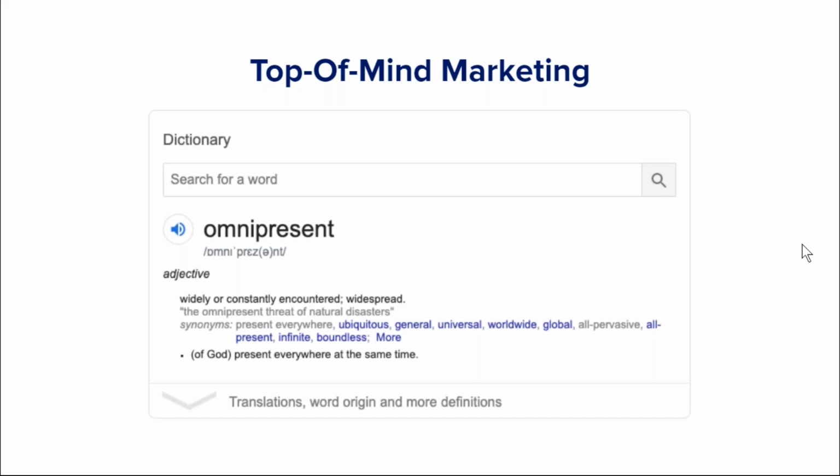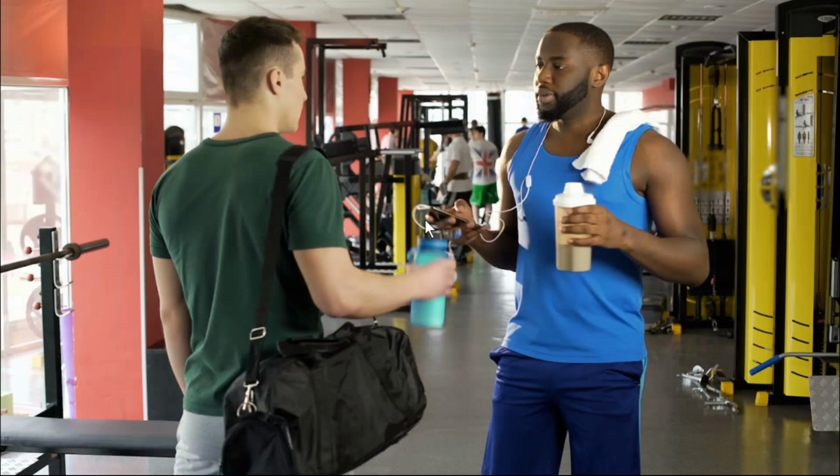In other words, you're absolutely everywhere and at the top of your customer or prospect's mind, right? It's almost like going to a gym. You see the same person constantly and you become acquainted with them. Even if you don't know them, you feel like you know them. You give them a nod of acknowledgement and whatever it might be, right? This is the natural version of omnipresence, and it works because of things like social proof and familiarity,